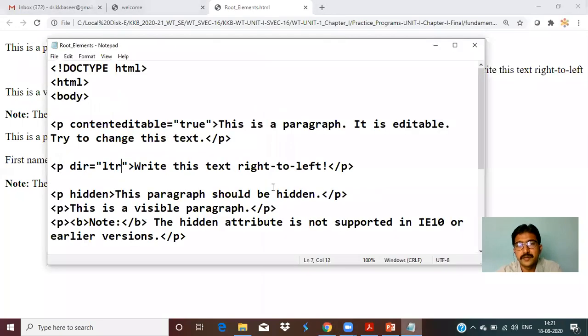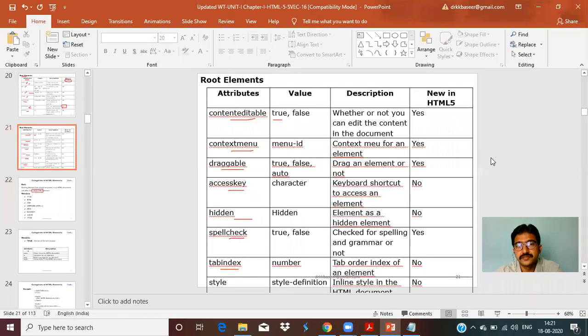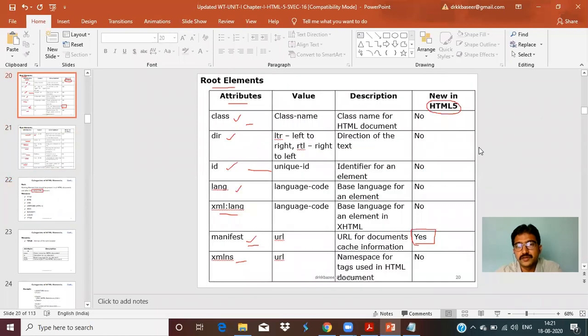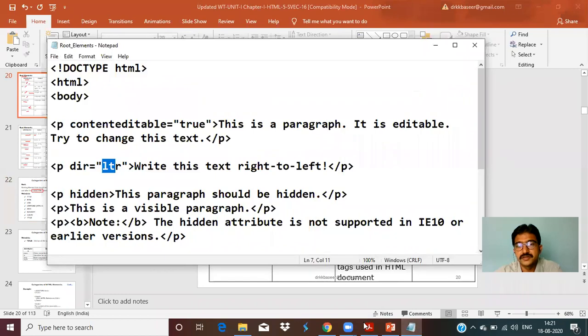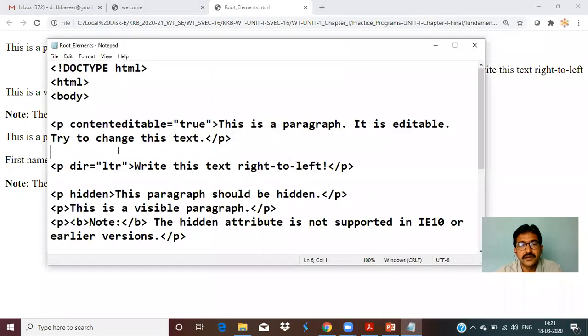See here, left to right, you can mention it directly here itself.